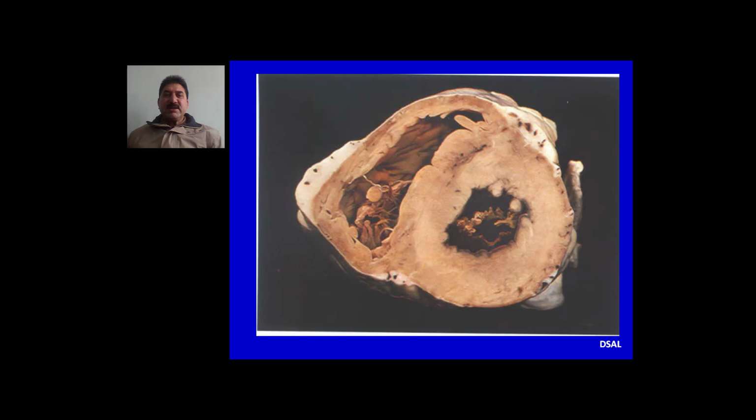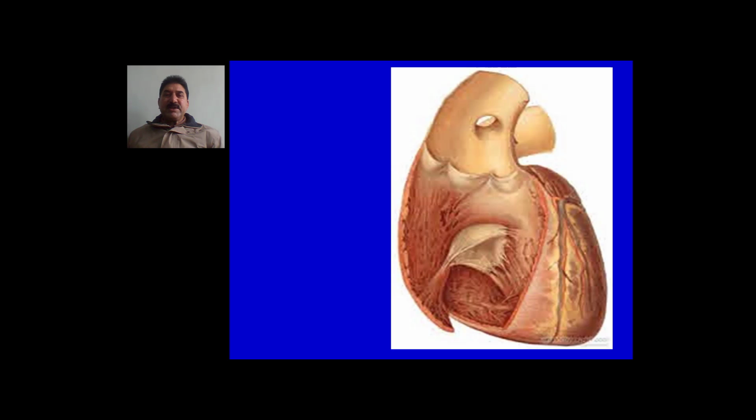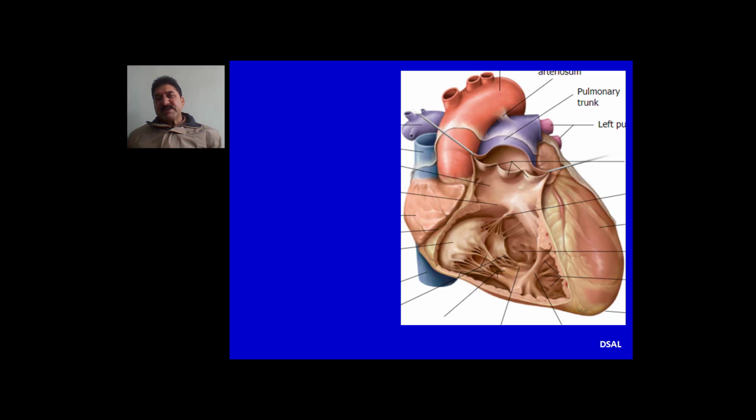represents chordae tendineae. In this transverse section of the ventricles, you can see that A represents the crescent shaped right ventricle, B represents the interventricular septum, and C represents the circular cavity of the left ventricle. In this specimen, A represents the pulmonic valve, B represents the tricuspid valve, C represents the anterior papillary muscle of the right ventricle, and D represents the posterior papillary muscle of the right ventricle, whereas E represents the septal papillary muscle of the right